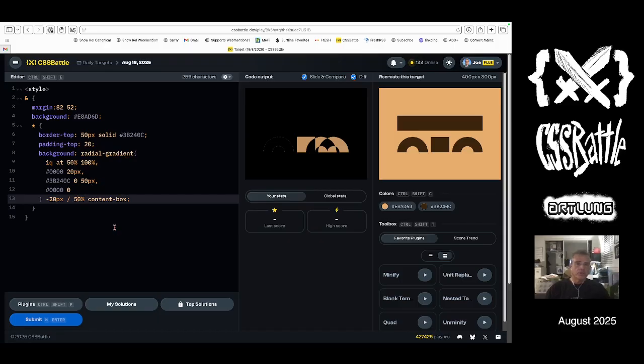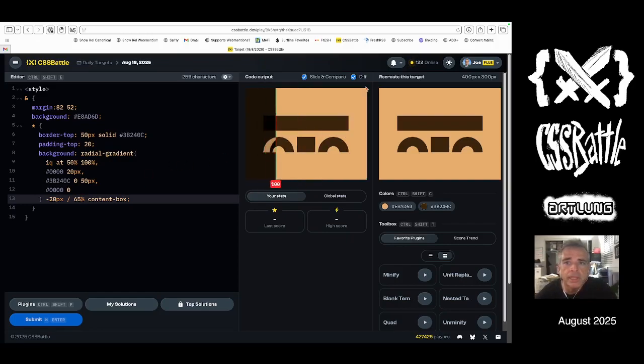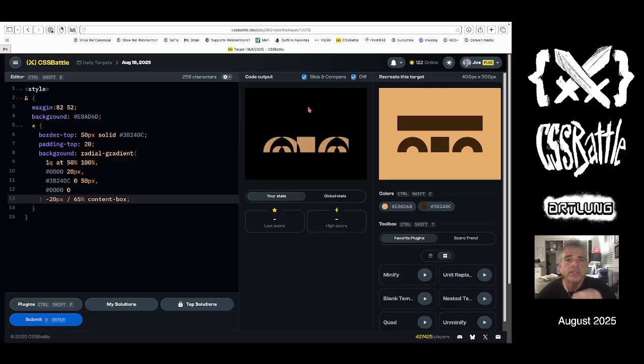So 50% is no good. How about 60? How about 65? And so I'm looking at the error. It looks like 65% could be right. If they're both in error at the same dimension, then this could do it. 3, 4, 41. Ooh, it's so close. Not quite right. I think we're going to end up, ooh,